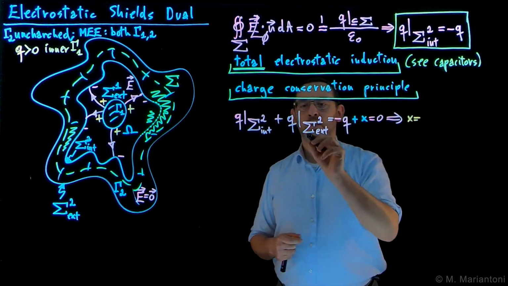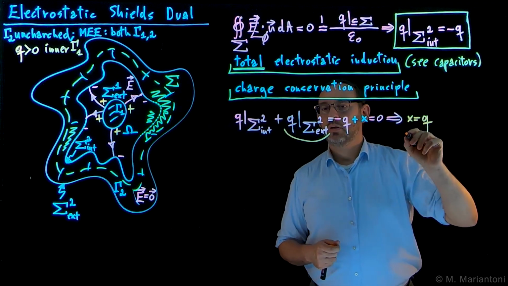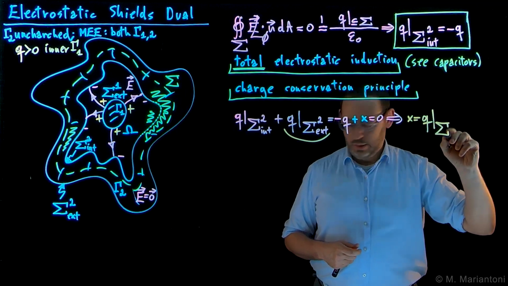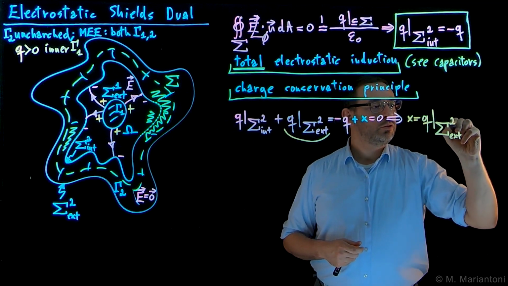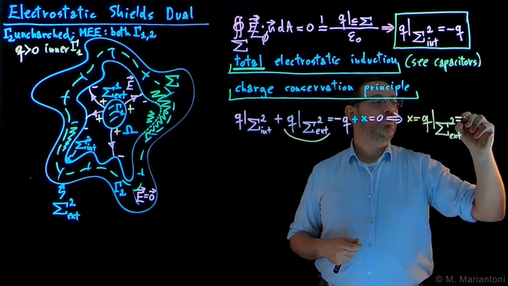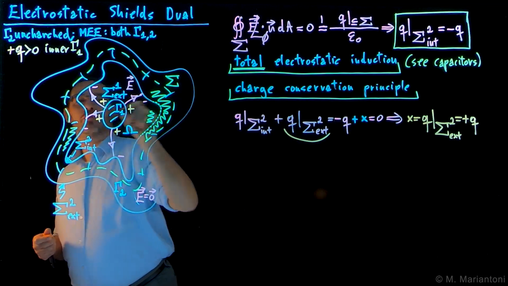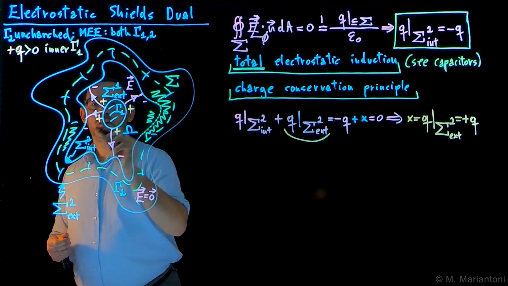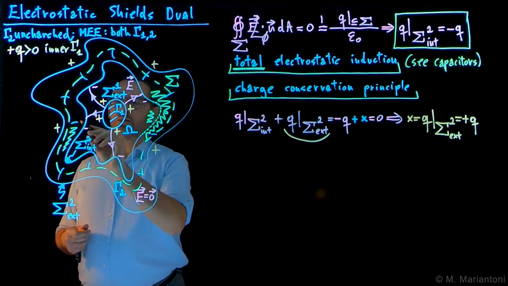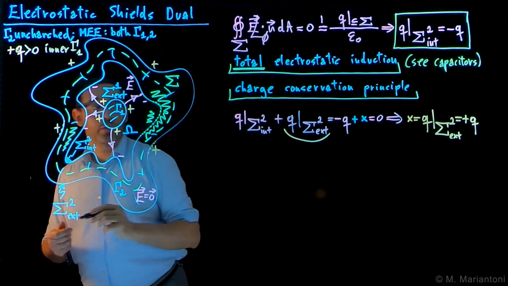x, which is nothing but this quantity here, Q on capital sigma external 2, has to be equal to the opposite of that, that is plus Q. As much as the original plus Q here positive was on the inner object. So we must have 1, 2, 3, 4 positive charges on the outer skin of this object